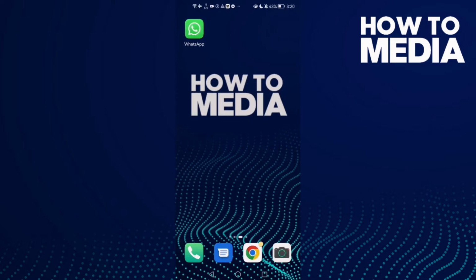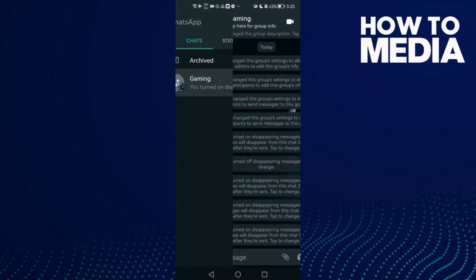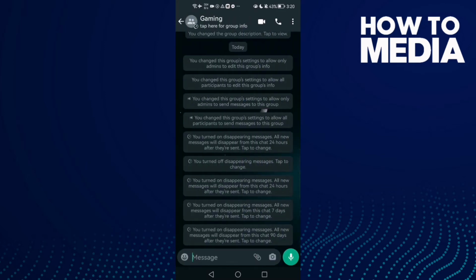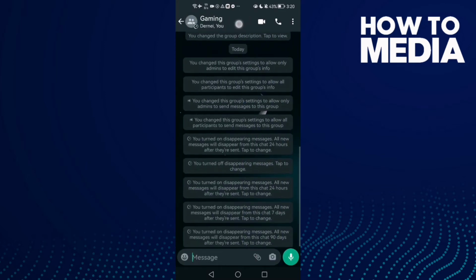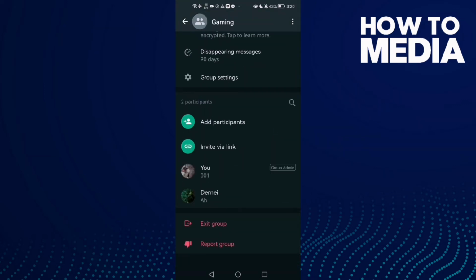First thing, go to WhatsApp and then just go to your group like this one here, and now just click on group profile here in the top and scroll down. Here you will find invite, this one, click on it